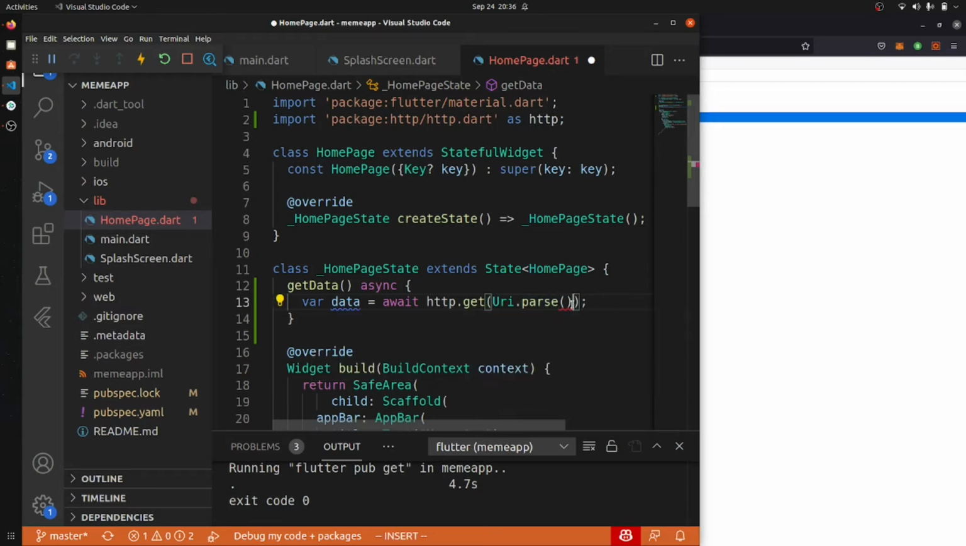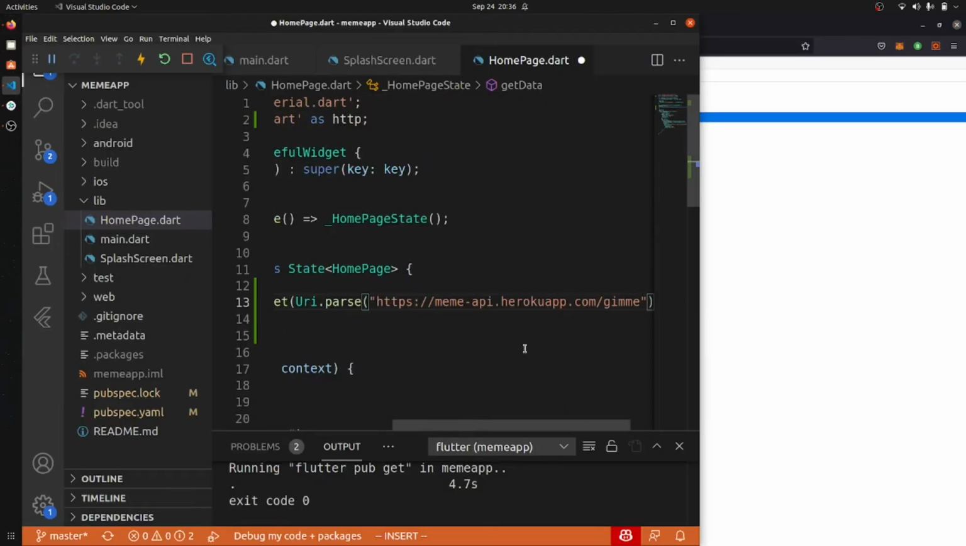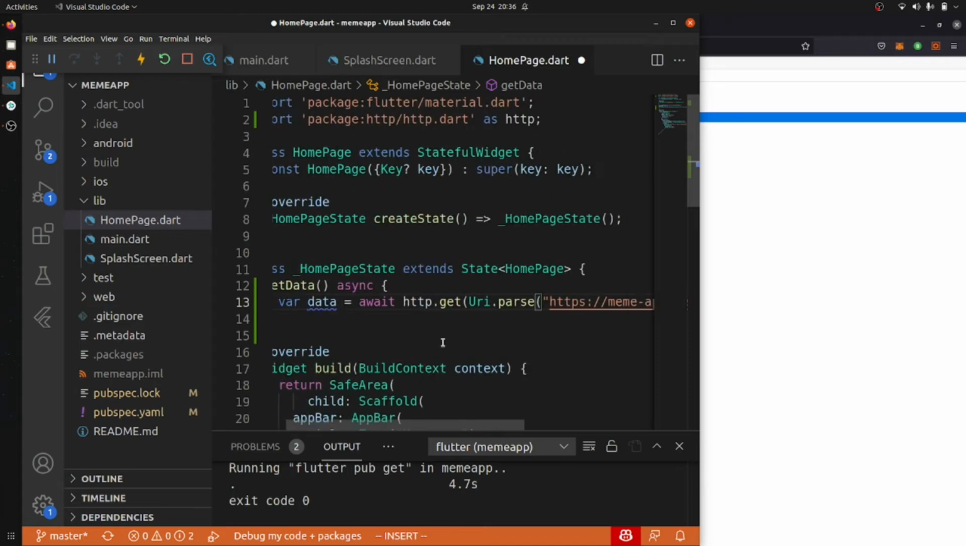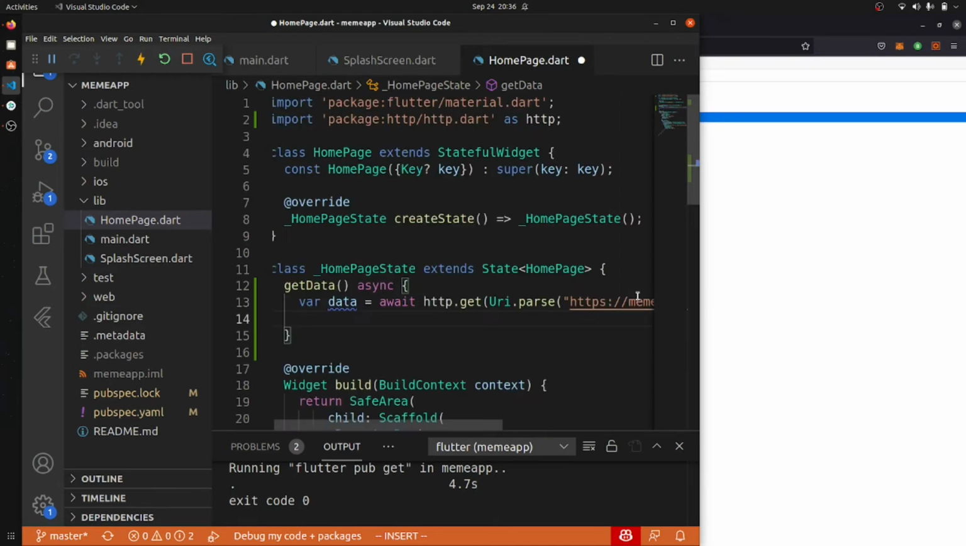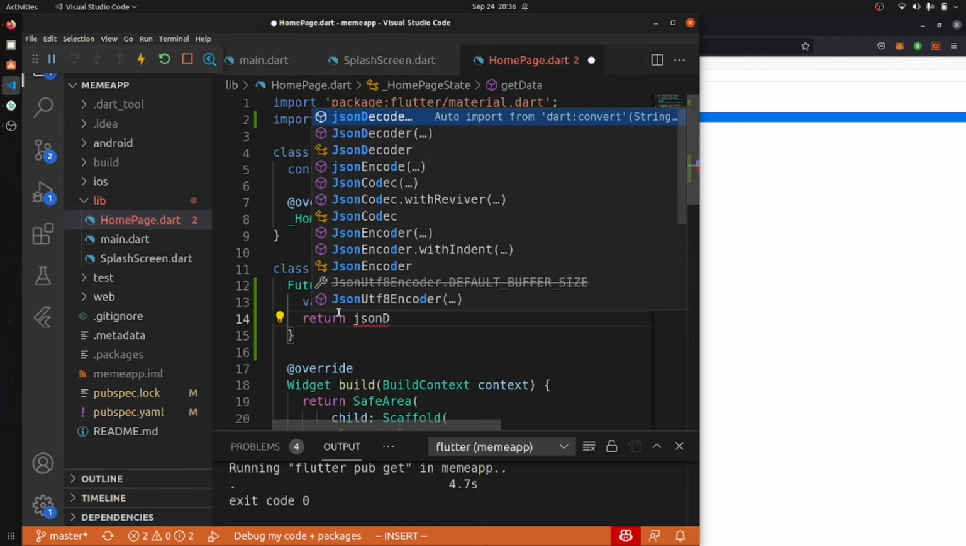Okay, and it will take a string. So this string will be this API. So we'll just copy this, come over here and paste this API. And every time this will give us something. So what we will do, we will create the response of this, which will be a future. And it will return the JSON decode,